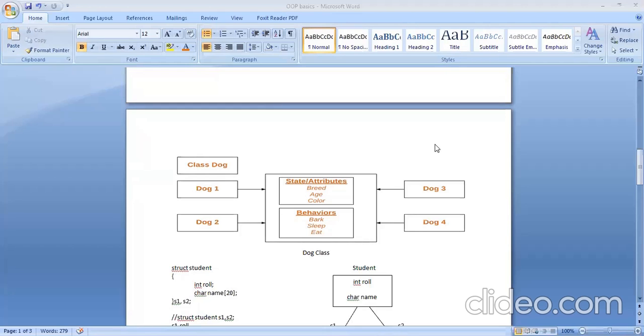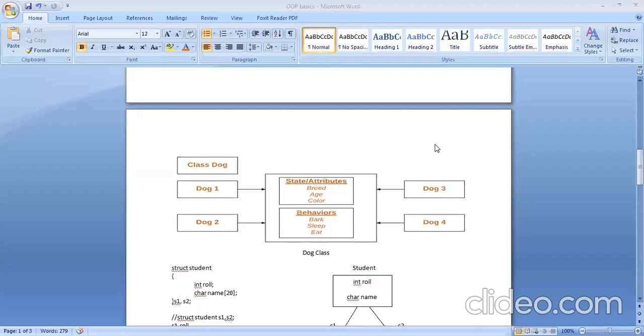When you talk about a group of objects, all the similar type of objects which have the same properties and behavior can be grouped inside a single place, a repository you can say, which we call the class. So a class is nothing but a description of the attributes and behaviors that an object belonging to that class will possess. That is it.